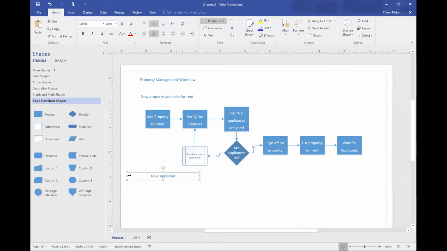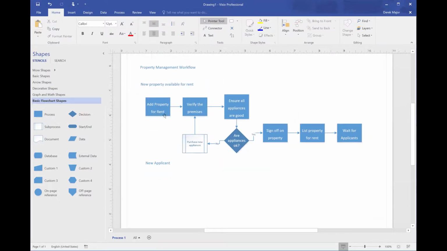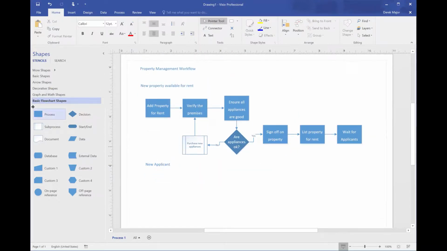So let's take this and move along with new applicant. The assumption we're making with a new applicant is that a property is available for rent. So now what we will do here is I'm actually just going to copy and paste so we don't have to mess around with the